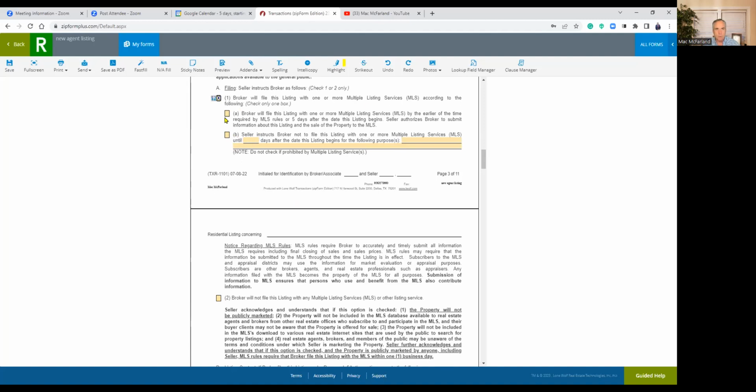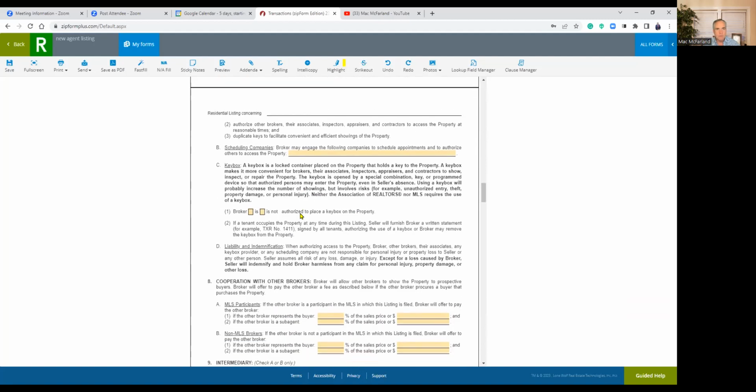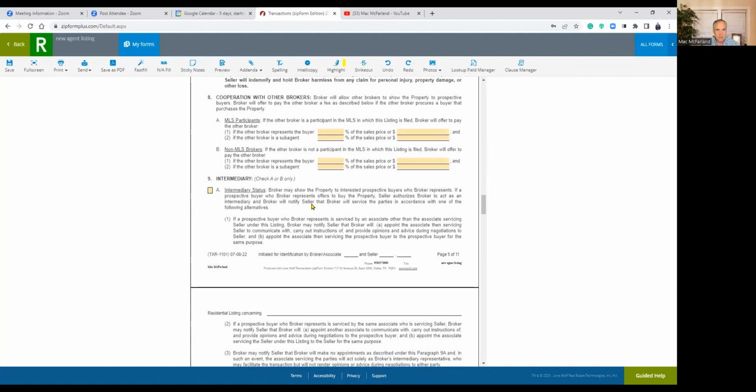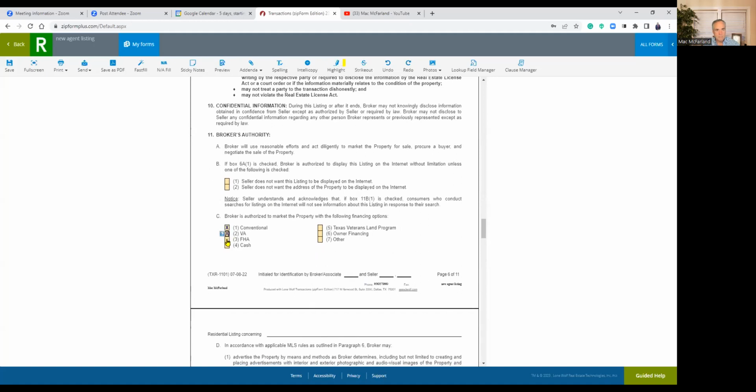Broker will file with MLS. Anything that you would normally have on yours, plug it in there. Broker is authorized to use a key box. What is the commission breakdown? However you have it, whatever your norm is, because that's all that matters, right? Intermediary, yes. And again, save it. When you're done with it,